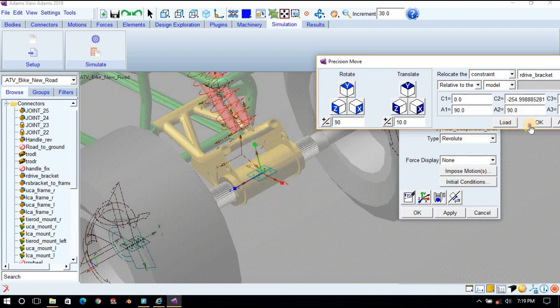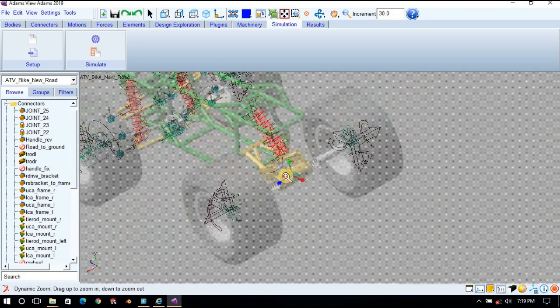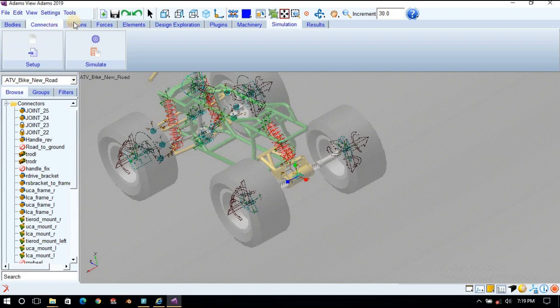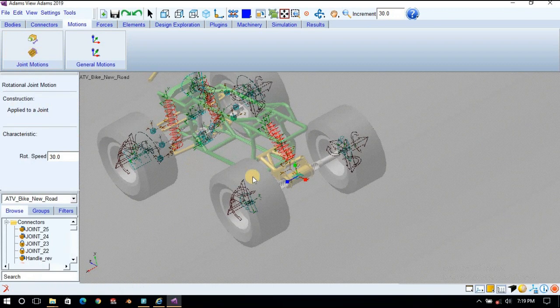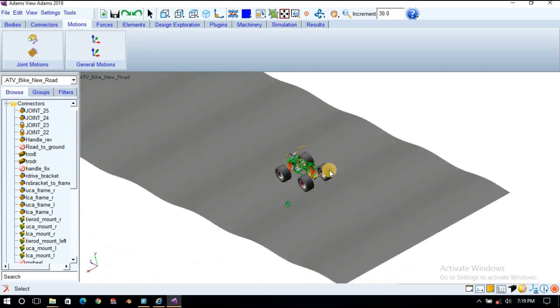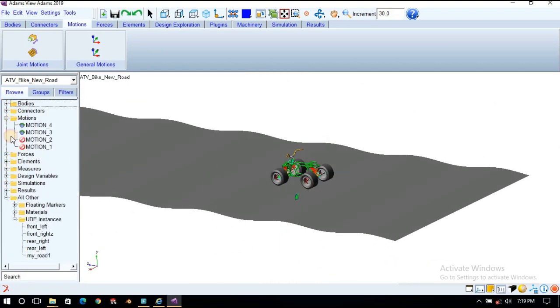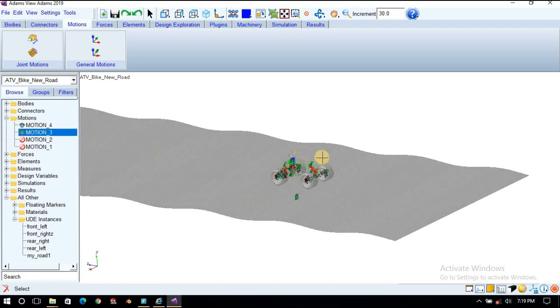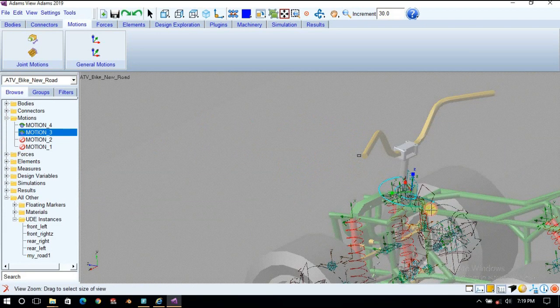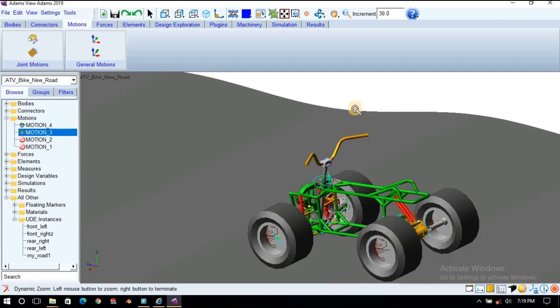Okay, now it is properly oriented, you can see. And we will define some motion to this joint, motion rear drive. Okay, this motion is defined now. So we will deactivate any other motions available. I think this is the motion of the handle. Okay, let's see. Okay, let it be there.